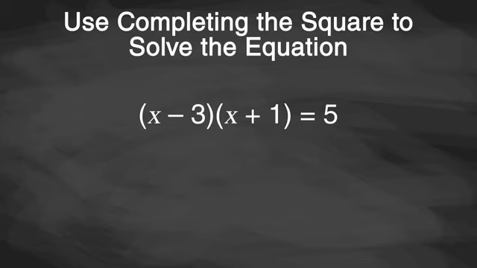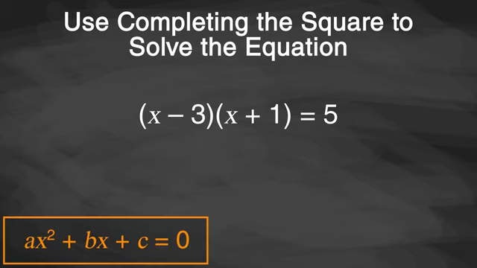Use completing the square to solve the equation (x - 3)(x + 1) = 5. To solve the equation by completing the square, the equation must be in the standard quadratic equation form ax^2 + bx + c = 0. This equation is not in standard form, so before we can even begin to solve using completing the square, the